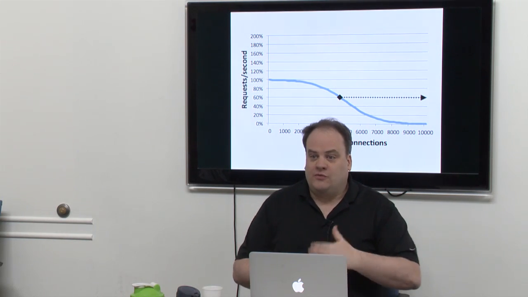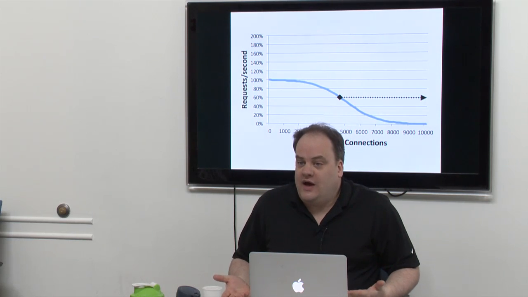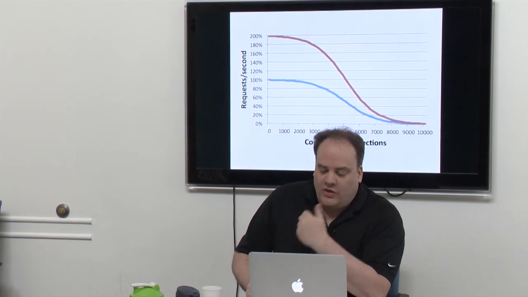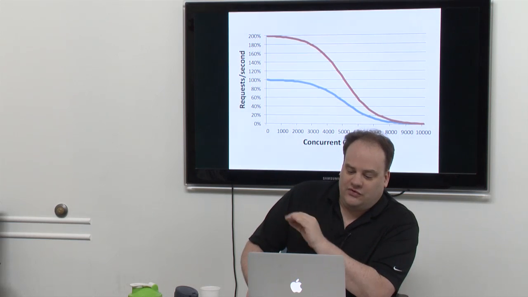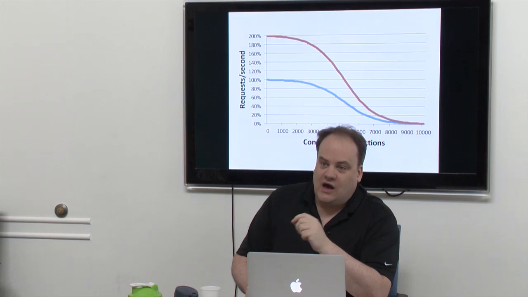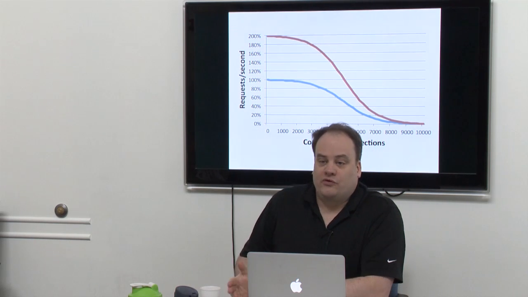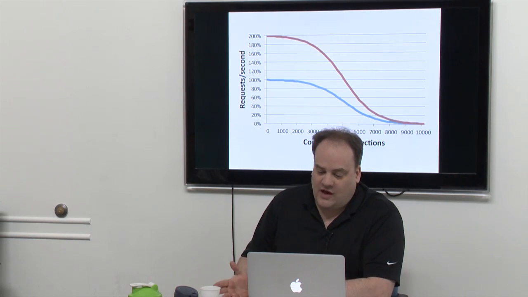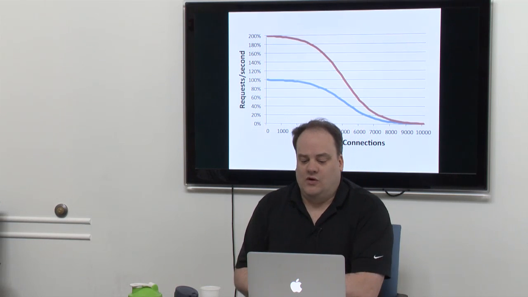So what do I do? Do I just buy a server that's twice as fast? Well, that's what this graph shows, that server, but now twice as fast. And as we see, indeed, it's now 200% as fast for a small number of connections, but for 10,000 connections, I haven't got any closer to that goal. So what's the bottleneck?